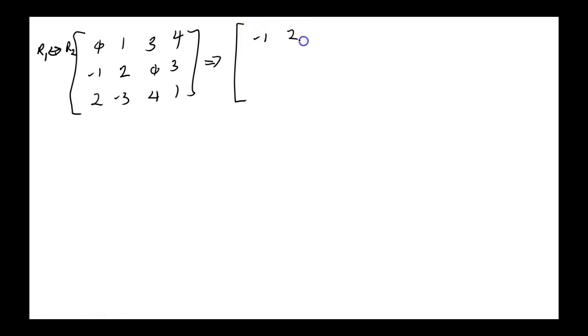Negative 1, 2, 0, 3. And the last one would be, yeah, because you didn't do a thing to that one. Okay. Now,